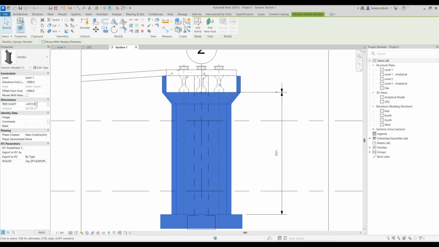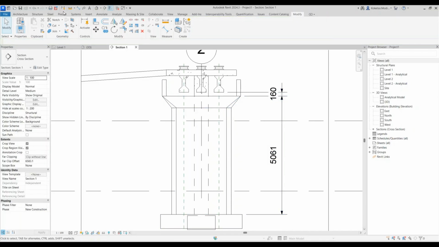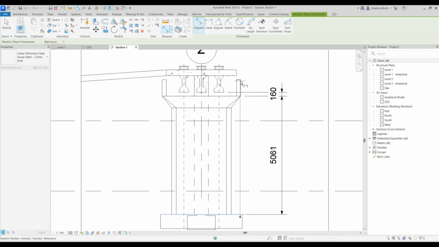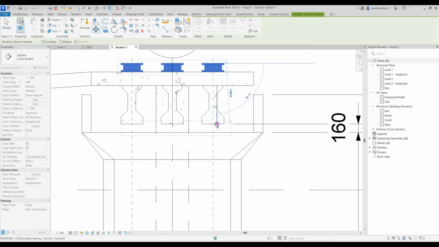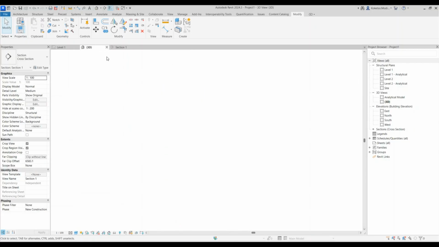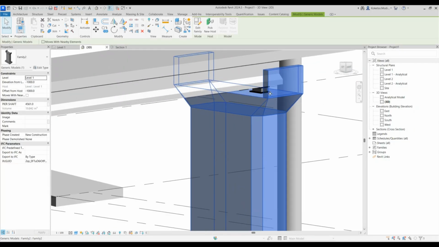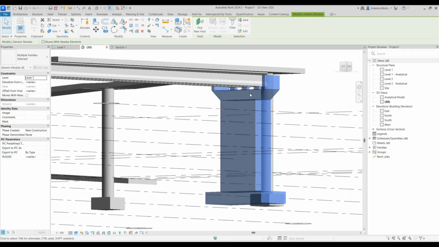I'm gonna say minus the depth of our elastomeric bearing, which is 160. So our pier shaft is gonna be 4561, and the total depth of our pier shaft along with our pier is going to be 5761. All right, so in this instance, I'm going to select my bearings, move them down, place them perfectly like this. There you go. All right, so after this, you're going to select them, select this pier, select these elastomeric bearings,